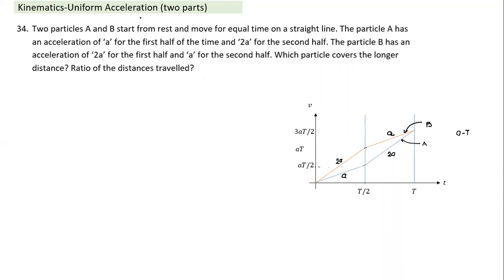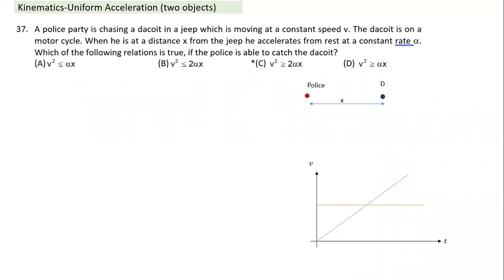I have taken up this question with 2 different accelerations. Whenever you have 2 different accelerations, you'll have 2 different lines of different slopes. So you could have done it graphically, which is easier: the ratio under the VT curve, that's the displacement. We have to find the VT curve and the ratio comes quite easy.